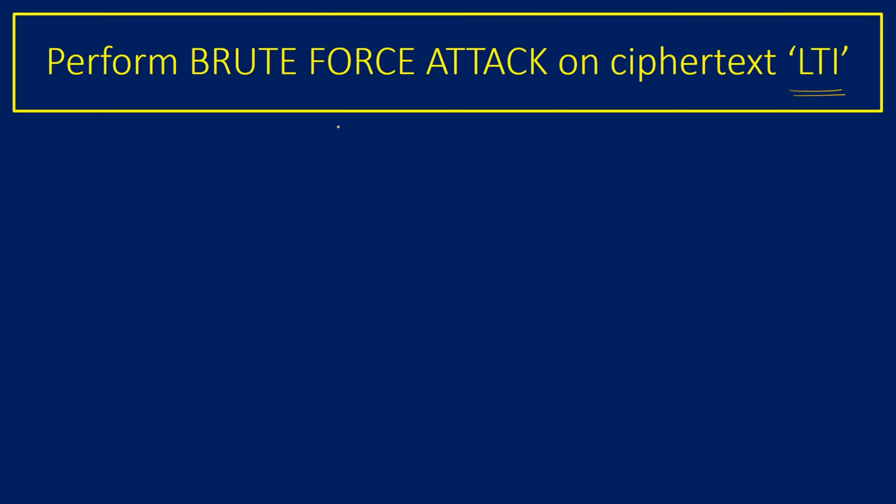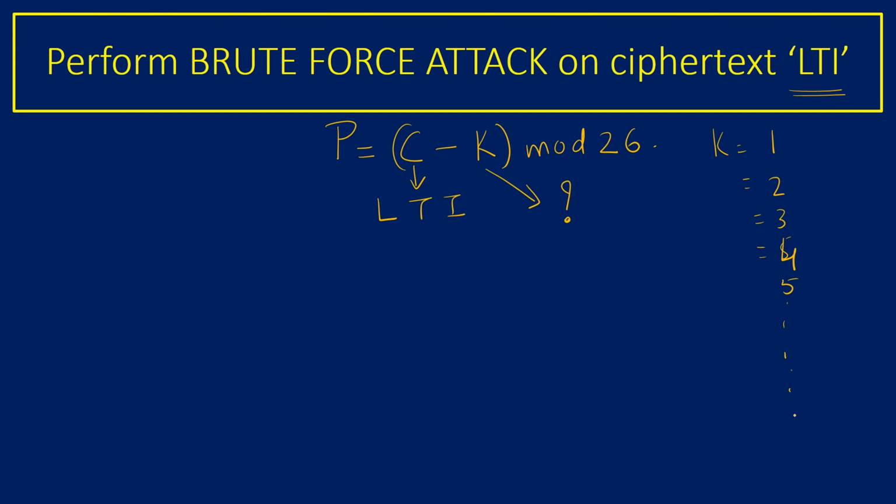What is the decryption algorithm? The attacker tries to recover the plaintext using ciphertext minus key mod 26. Now, the ciphertext in this case is LTI. The key is a number which as of now the attacker does not know, but he knows that he is going to try all different numbers and try to find out which is the